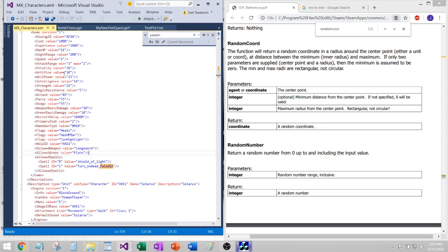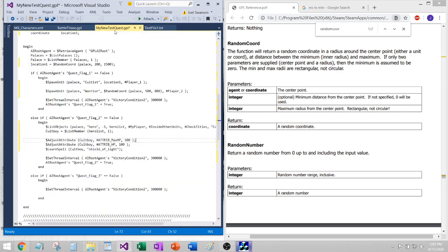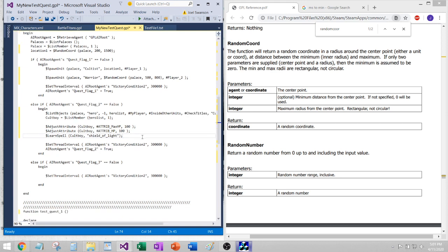Keep in mind, some of the spells have level requirements. For example, Shield of Light, I believe, is level 4. So if he's not level 4, he'll have the spell in his queue, basically, until he hits level 4. Then he'll learn the spell, if that was the case. Okay. So that's our next flag, and then we're going to have it set to, again, the quest flag true. So after it runs this here, we'll set the quest flag as true, and we'll have to set the flag, the threat interval to